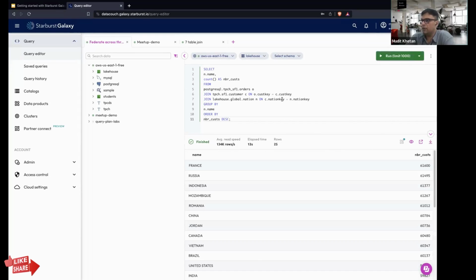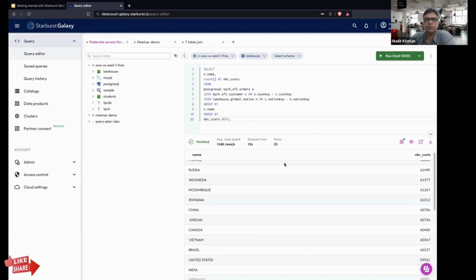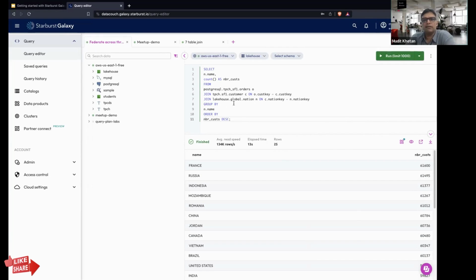Okay, so I'll show you a multi-table join also. In this particular case, the query was that the orders data, the customer data, and the nationality data was keyed in. We wanted to analyze how much data from each nationality came in from customers. Customers can belong to multiple nations in this particular database, and we see how many orders from each country came in.